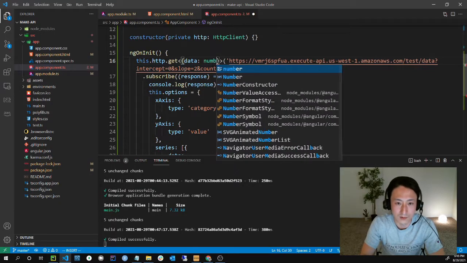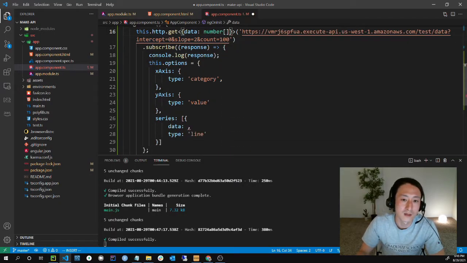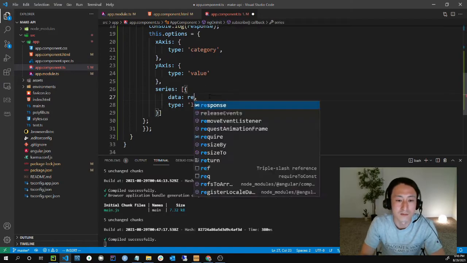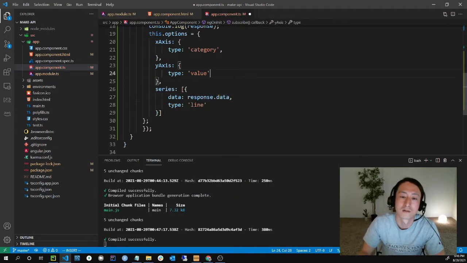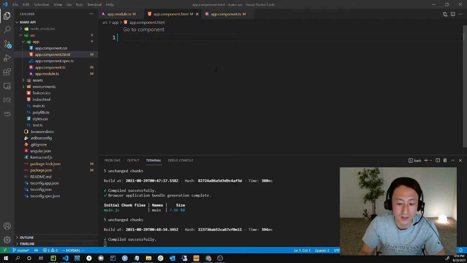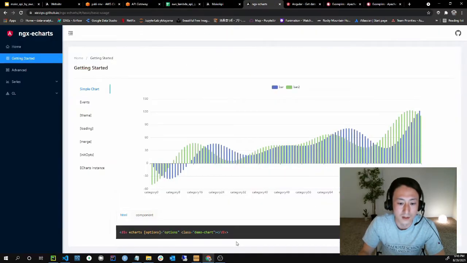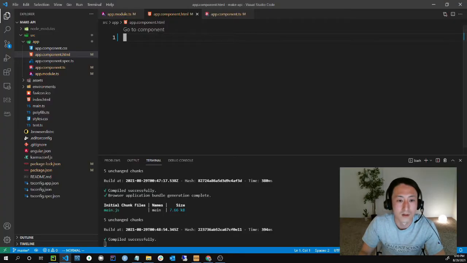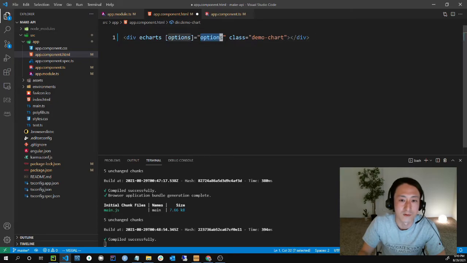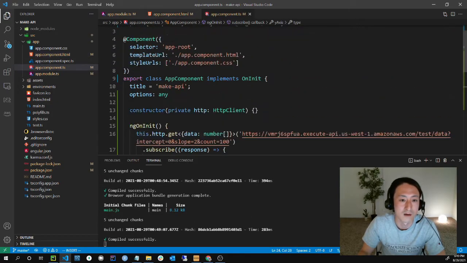So number array. And then here data response dot data. And then inside the template, we are going to copy the div. Here, copy and paste. Here, just check the name of the variable is the same options, and we have options,